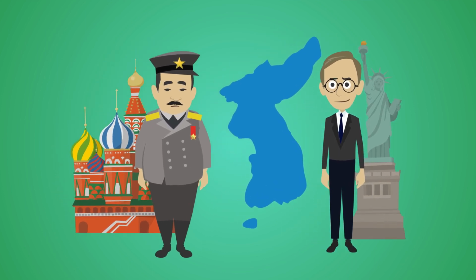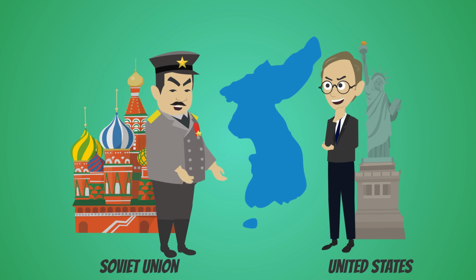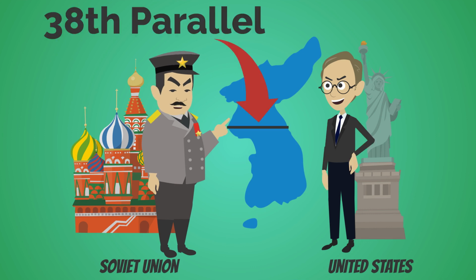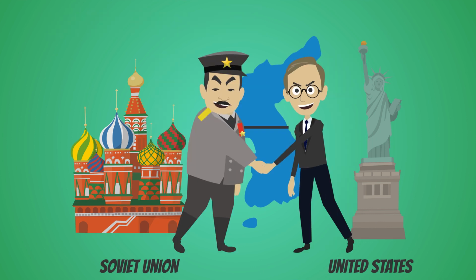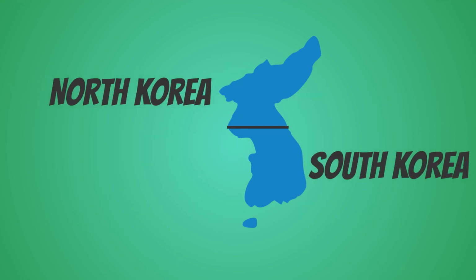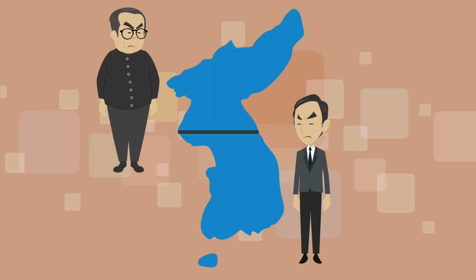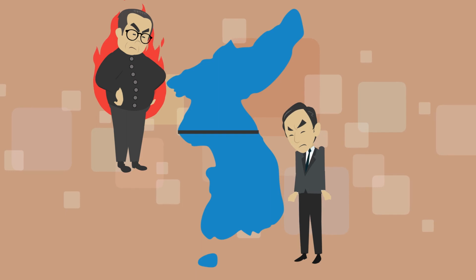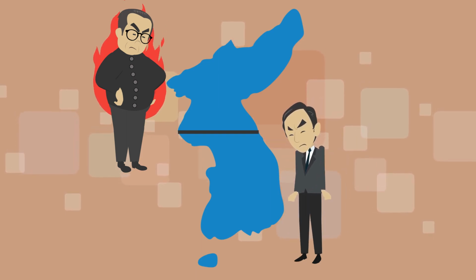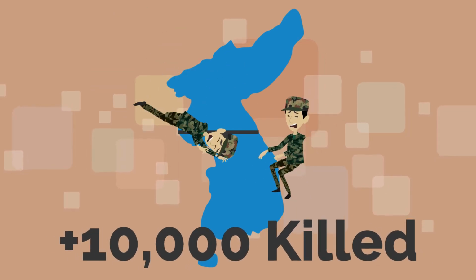It was up to the Soviet Union and the U.S. to decide what to do with Korea, and they decided to split the country into two, with the 38th parallel being the border. Everything north of the 38th would be North Korea. Everything south, South Korea. As it would turn out, neither North Korea nor South Korea was what you could say pleased with this arrangement, and between the years of 1945 and 1950, some 10,000 North and South Korean soldiers were